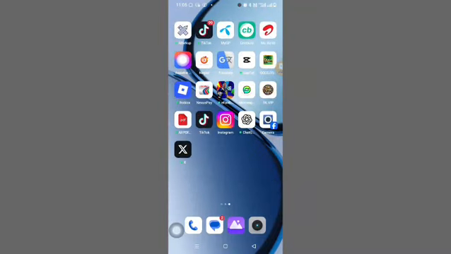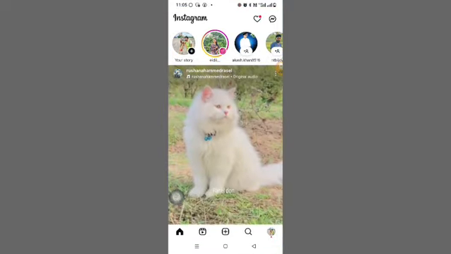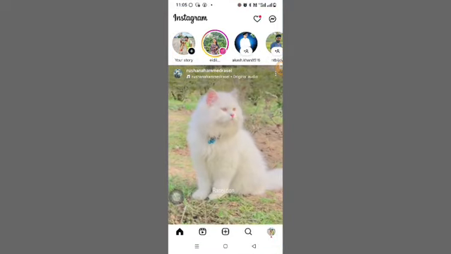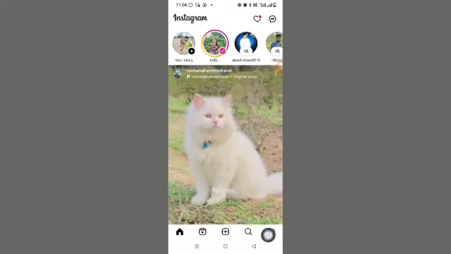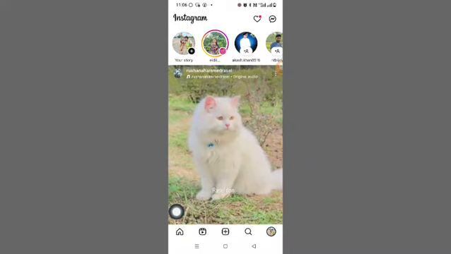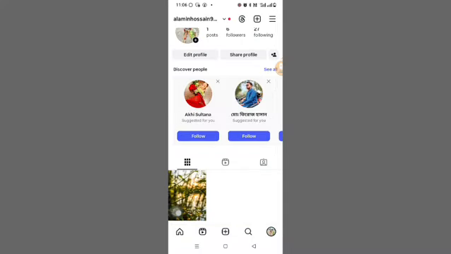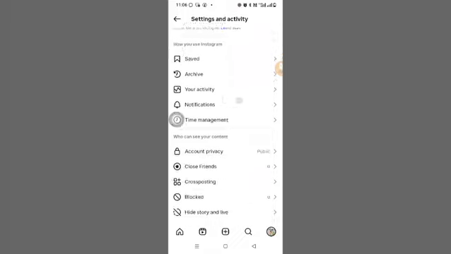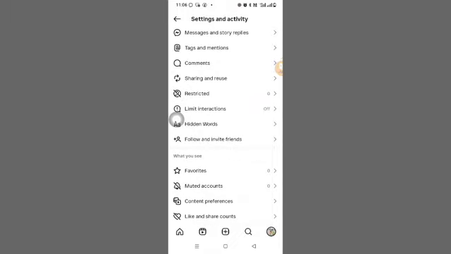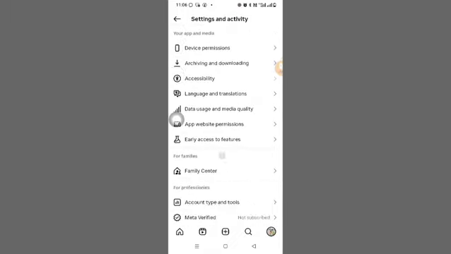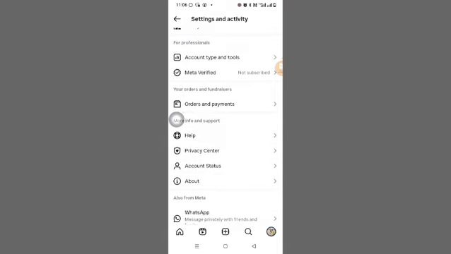Now first of all open your Instagram application and then tap on your profile icon. Now tap on the 3 horizontal lines. After tapping on the 3 horizontal lines, scroll down again. Find here Help. Tap on Help